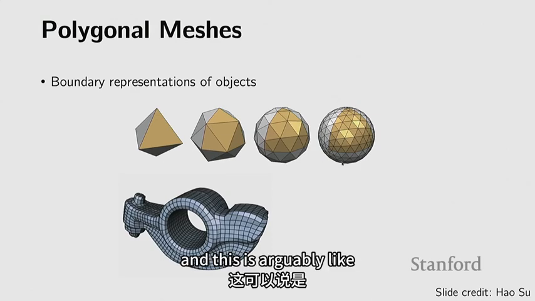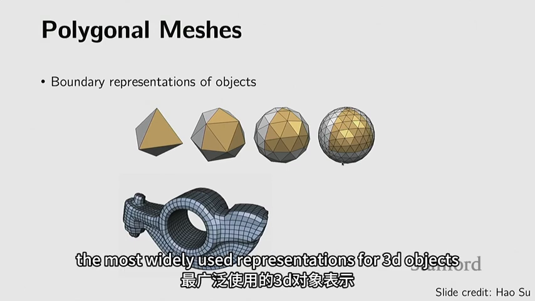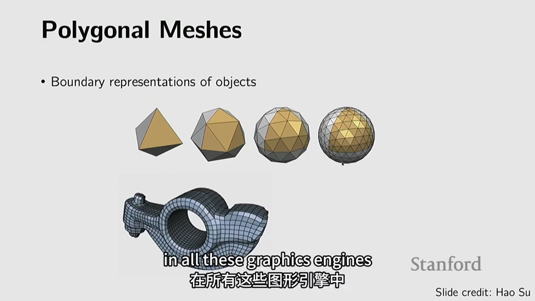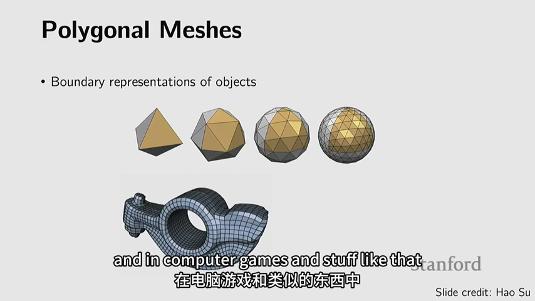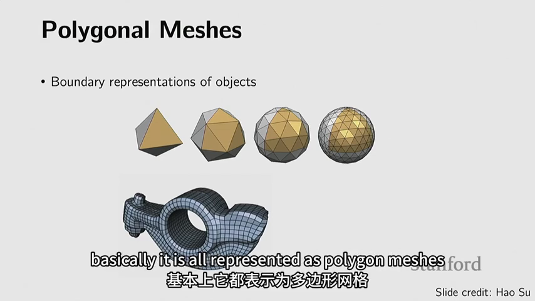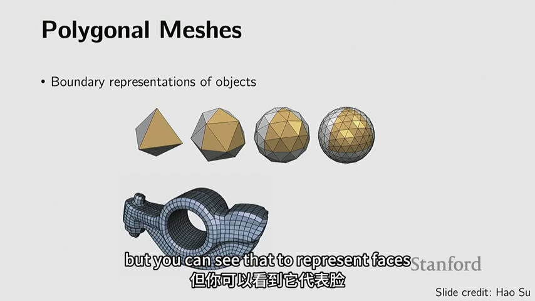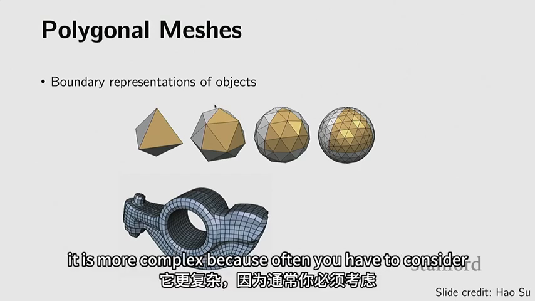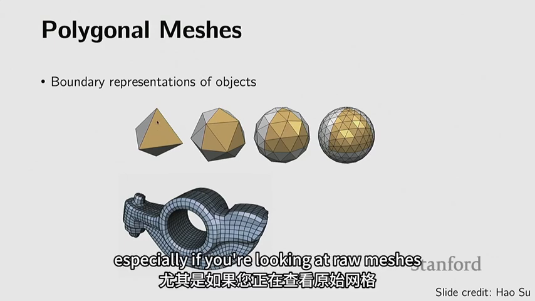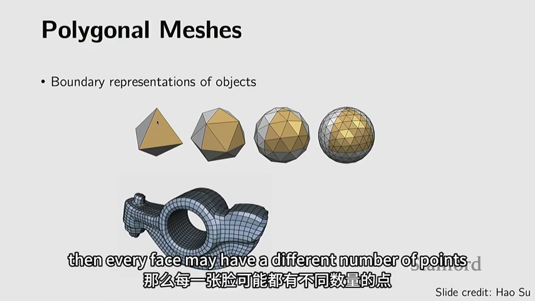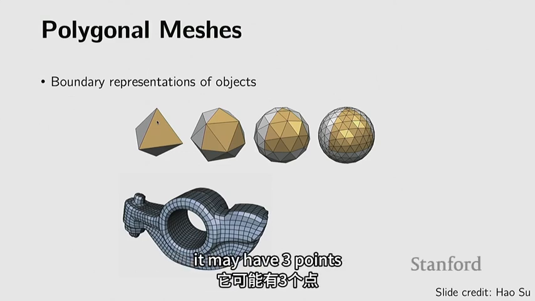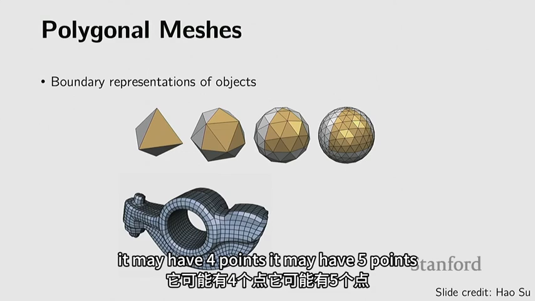And this is arguably, I would say, the most widely used representation for 3D objects in all these graphics engines and in computer games and stuff like that. Basically it is all represented as polygon meshes. But to represent faces, it is more complex because, especially if you're looking at raw meshes, every face may have a different number of points. It may have 3 points, it may have 4 points, it may have 5 points,